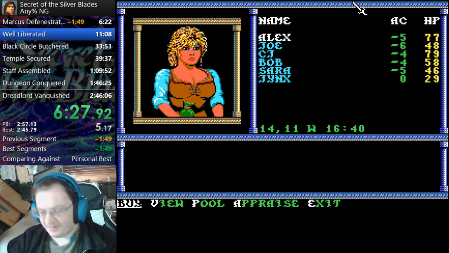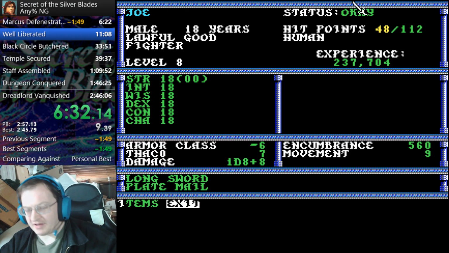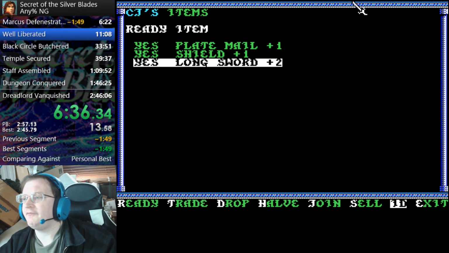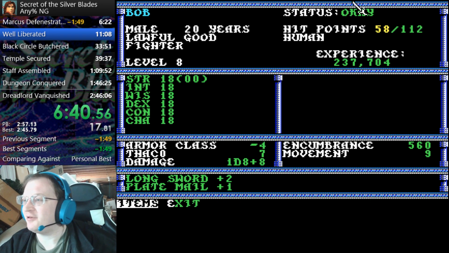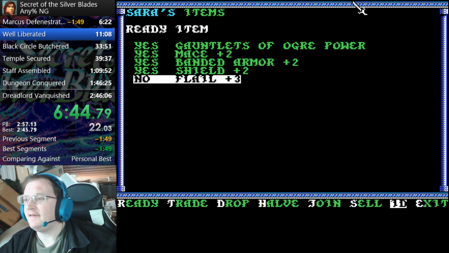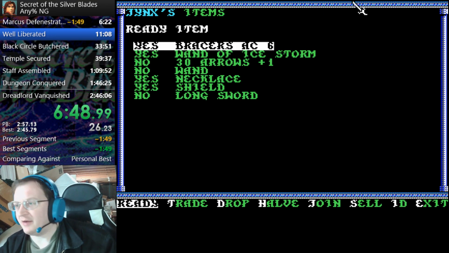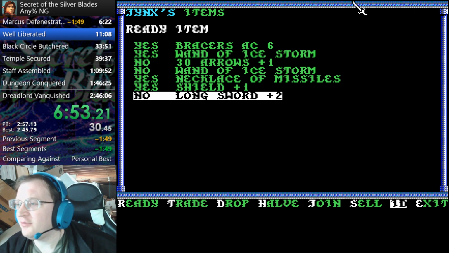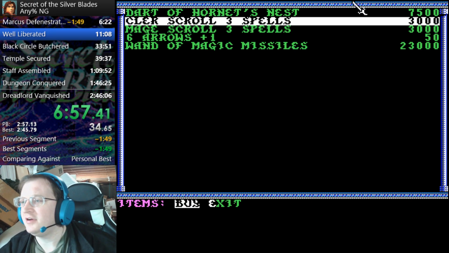Yes, we are interested. We want to pool our money. Just identify all this stuff so I can easily swap out from it as time goes on. Also use up some of my money, most importantly. Flail +3? Okay, we'll go with that. That actually is really good, although it doesn't matter much. I will get a +4 later on, so it's not like it's a super big deal, but every little bit does tend to help. Okay, now...